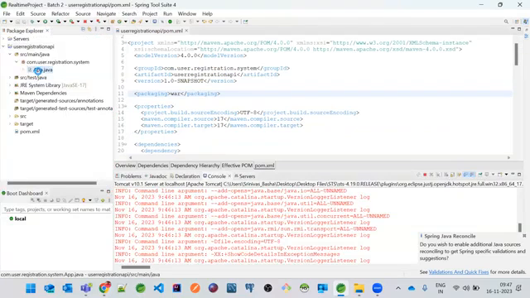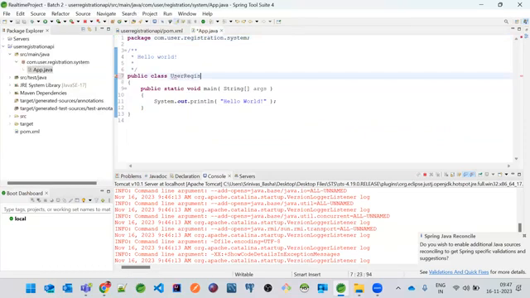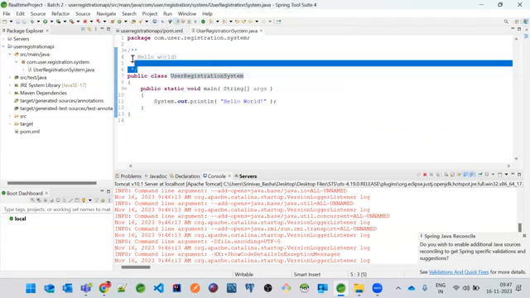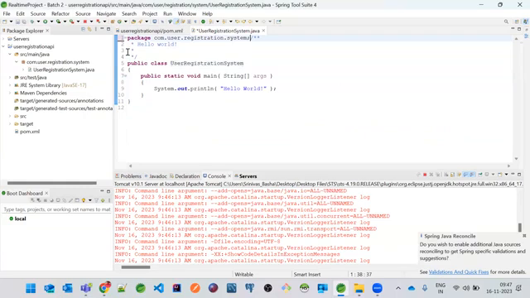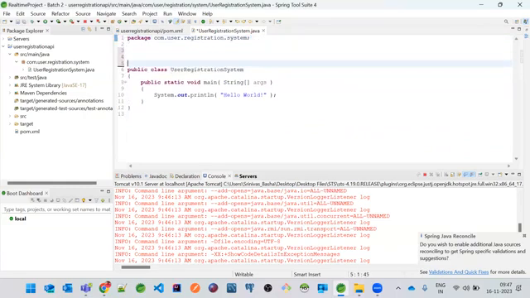Okay, I just wanted to rename this to user registration system. Just want to do this. And I don't want this, first of all.